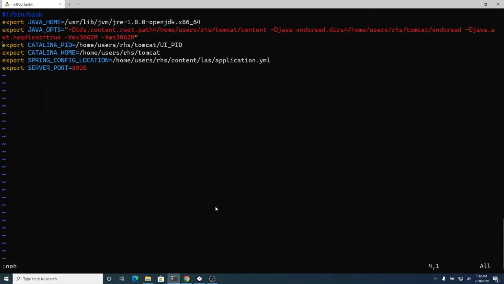So you need Tomcat Home. This example happens to be set to my Tomcat Home. I happen to know that already, but wherever you installed that OpenJDK, you need to set that up. Then you need to set up the content route for your threads server. Now this content route gets applied to this entire Tomcat container.